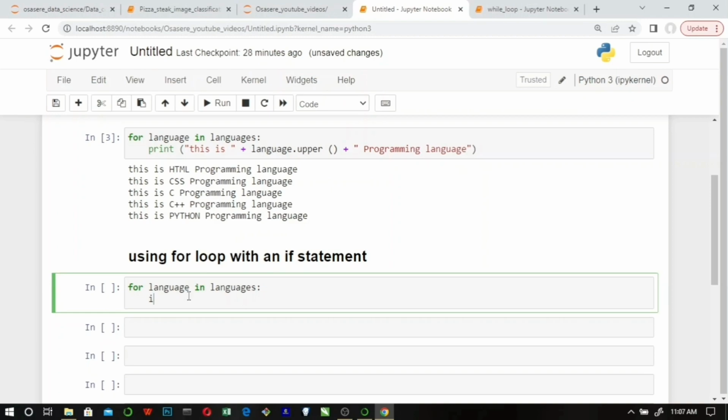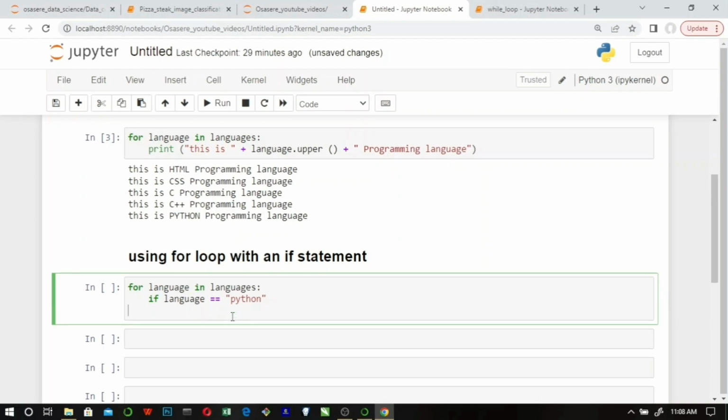You set the condition if the language is equal to Python. Sorry, if the language is equal to Python, I want it to print a specific message for Python. Print